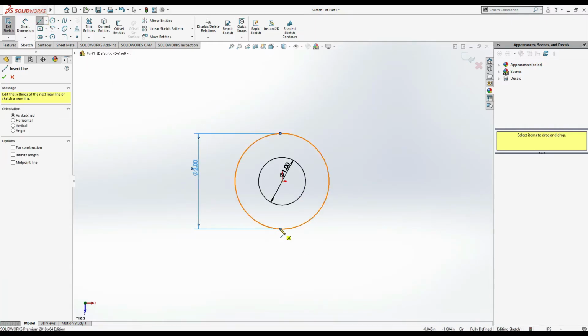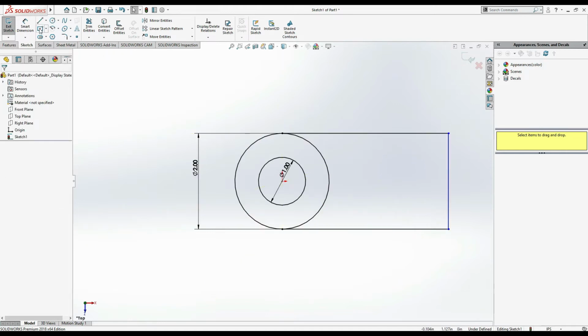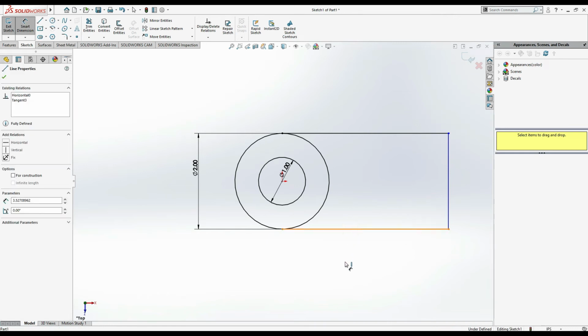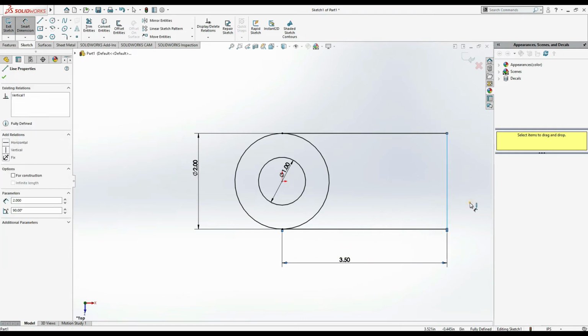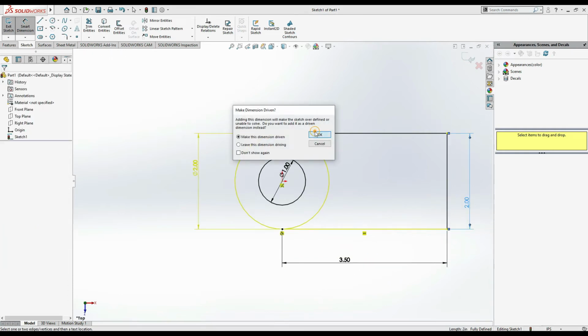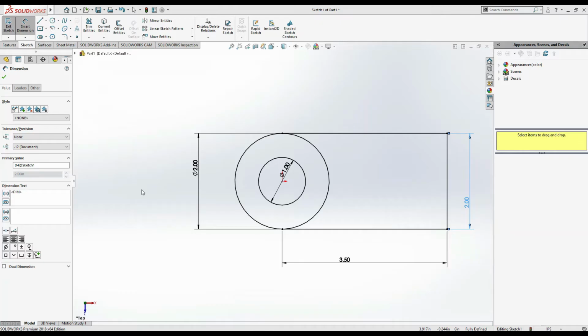Line command, from this point, from here to this point, escape, smart dimension. This side is 3.50 and this side is 2. Okay, now you can see it is extruded up to 0.5. Now first trim entities,